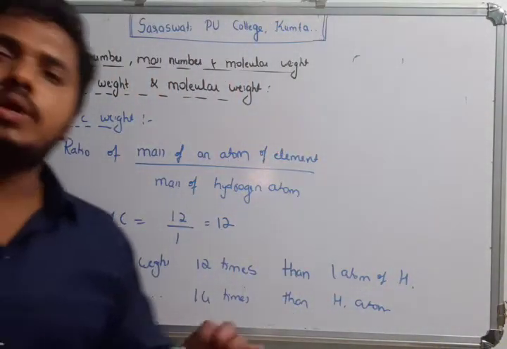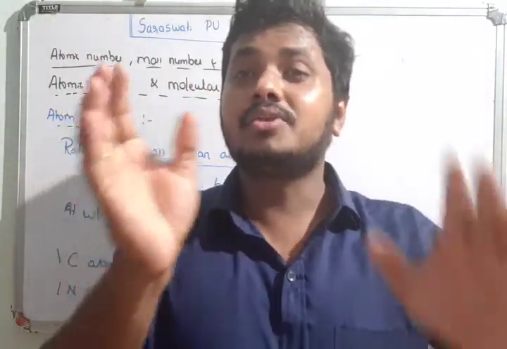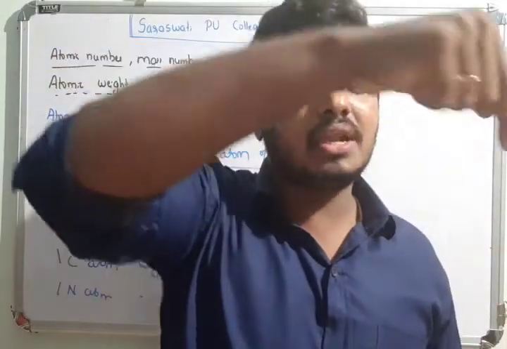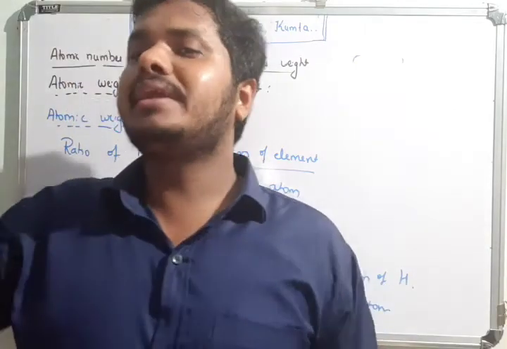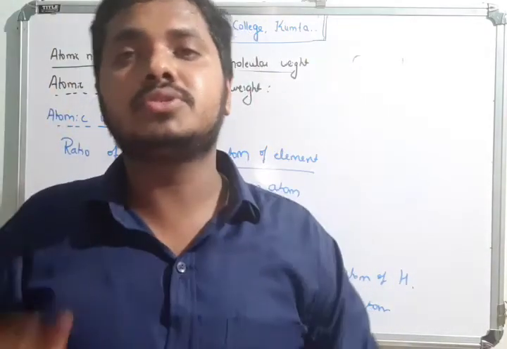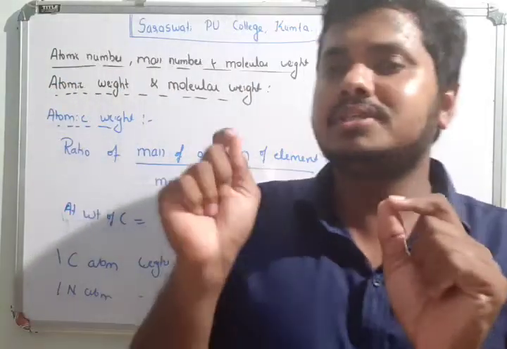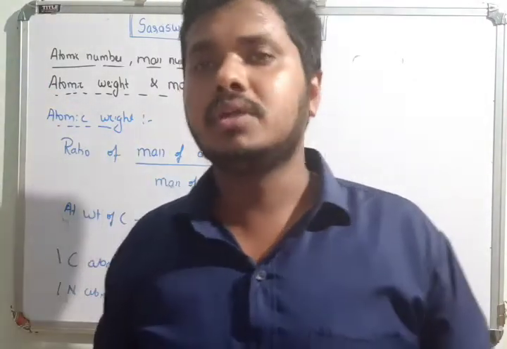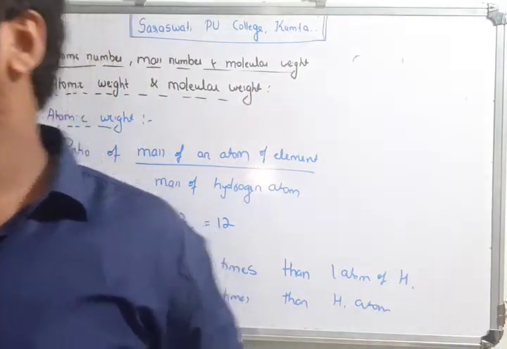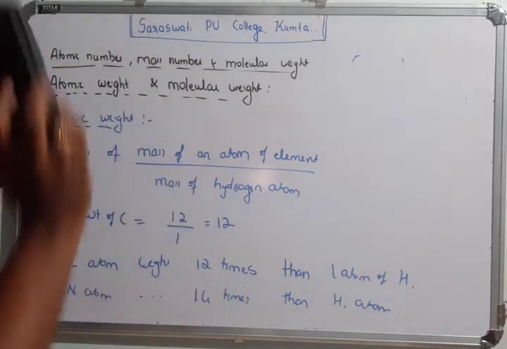For example, the atomic weight of sodium is 23. What do you mean by that? There are two ways. If you count the total number of protons and neutrons, that comes out to be 23, and if you compare with the mass of hydrogen, that also comes to be 23. So it indicates that sodium would weigh 23 times heavier compared to the mass of hydrogen. Got it? That's the simplest way of understanding atomic weight, which is important in finding the molecular weight.